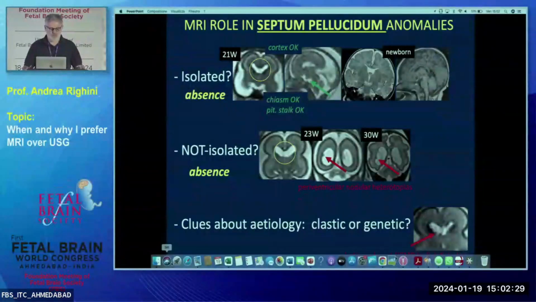And so, there are trivial cases, so-called trivial cases, as was said in the morning, when the sonographer says, okay, I have a problem with the septum pellucidum, please have a look, and we have a look, and sometimes what we do is just confirm what is already known by ultrasonography, which is that the septum is not there, the corpus callosum is normal. The only thing we can add is that the chiasm is there, the optic nerves are there, and the pituitary stalk is there. We are pretty sure about the pituitary stalk, but about the optic nerve, I underline here, when you talk to patients or to the clinician, please say, I can tell you that I see the chiasm, I see the optic nerves, but I cannot measure them.